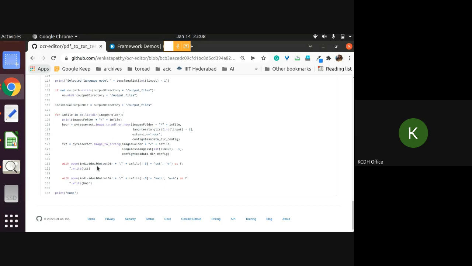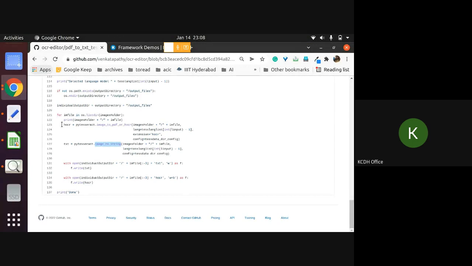And then once that is done, the PyTesseract library converts image to HOCR or string. String is nothing but just a text file, and you store and save it. So these are movable working components together, which form the project we will be working on.